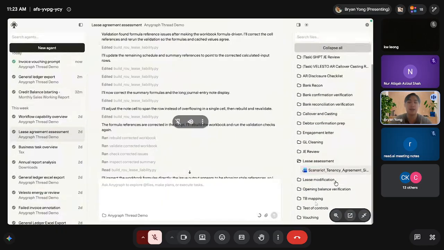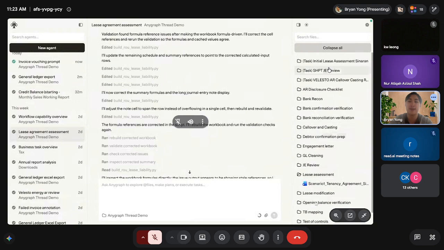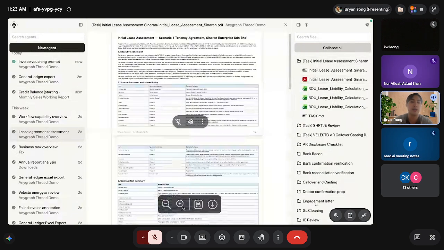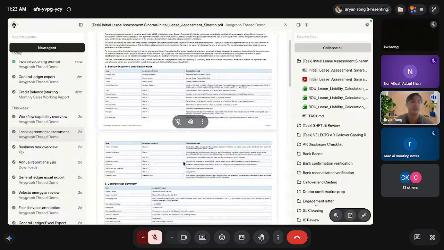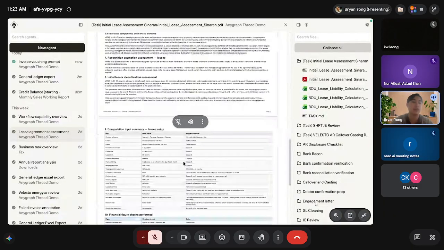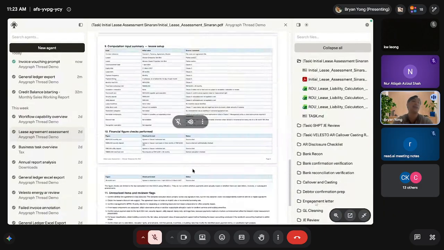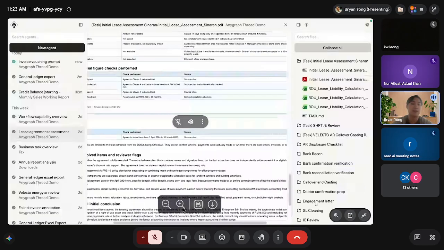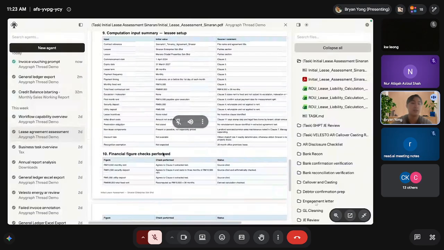So taking a tenancy agreement, right? And then producing, okay, here's a memo of a lease assessment, right? So all the scoping for the lessee, for the lessor, right? You can do that, right? I think any AI today is actually not bad. You can get a pretty good first cut, but can it do it in the firm's methodology, right? In the work papers, right? Our product can do that. And in fact, you can go and flag out and talk about all the different kinds of